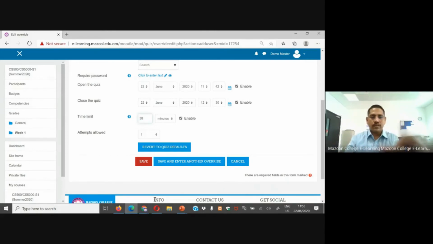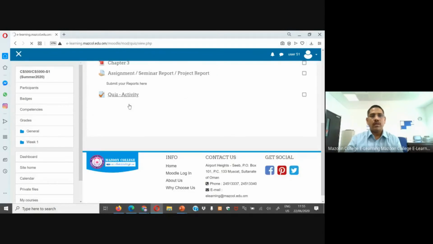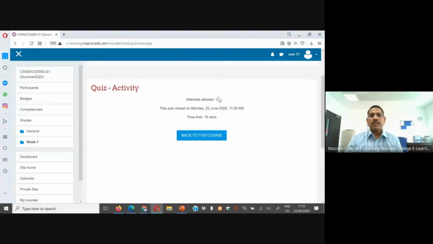So let us see that third student, then we will come back. What happened to the third student? In the third student, when you go here and see, the time expired and the student is not allowed to take the exam. Now we are going to give this student a chance to reappear. As of now, the exam is closed.